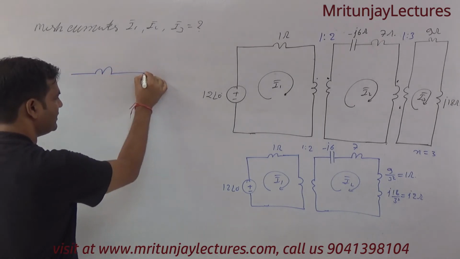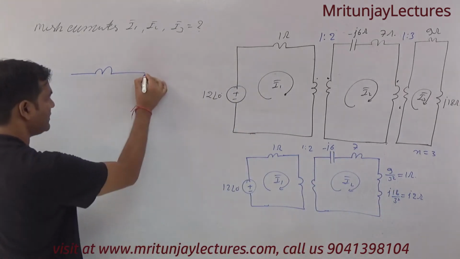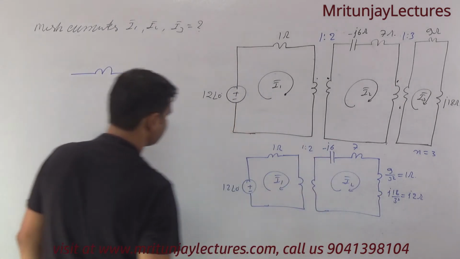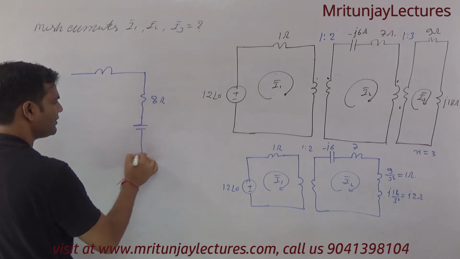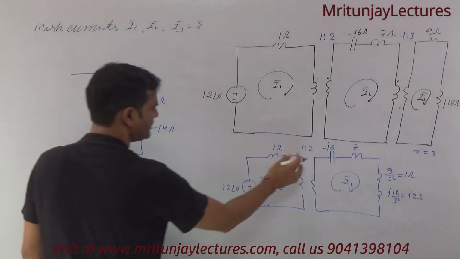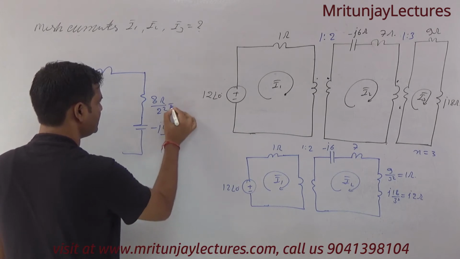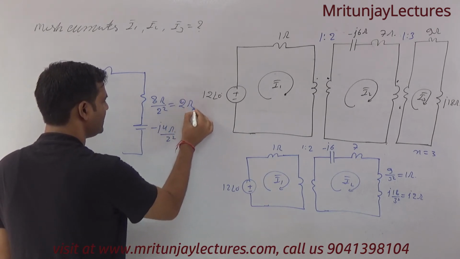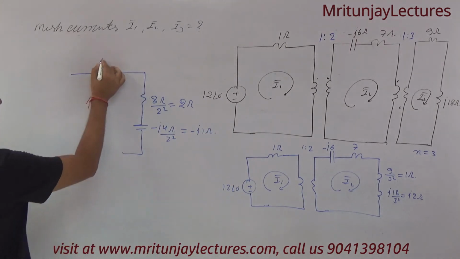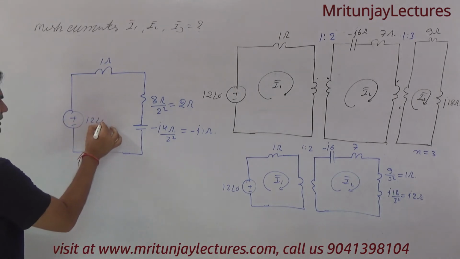So if this one is converted, 7 plus 1, 8, that is 8 ohm, plus 2 minus 6, we got minus j4 ohm. Okay, what about the turns ratio? 2/1, so 2 divided by 2 to the whole square, and 2 to the whole square. This we got 2 ohm, and this one is minus j1 ohm, and this is 1 ohm, and here 12 at the angle 0.